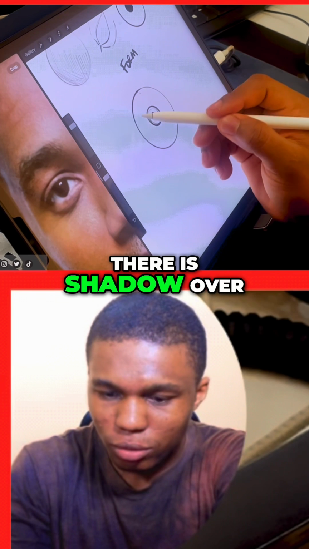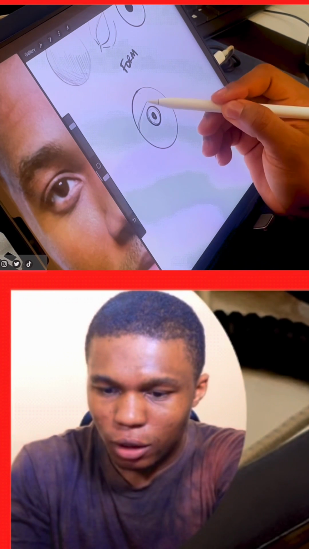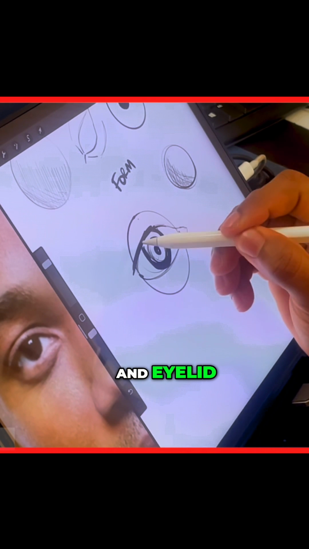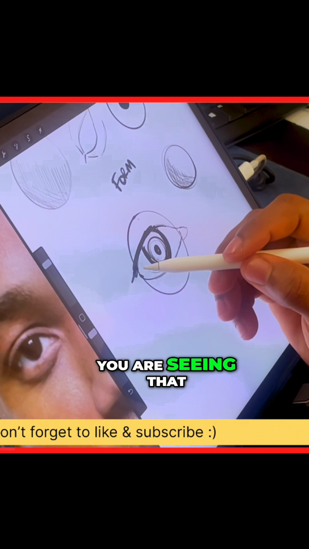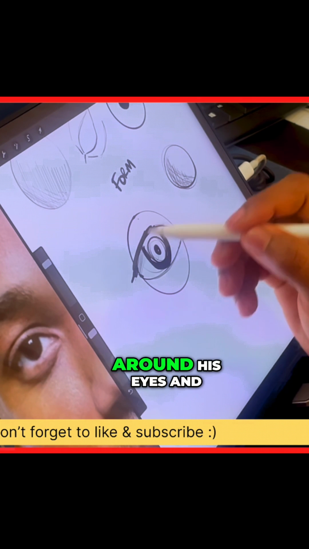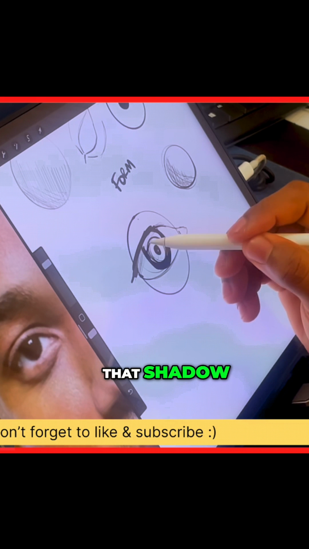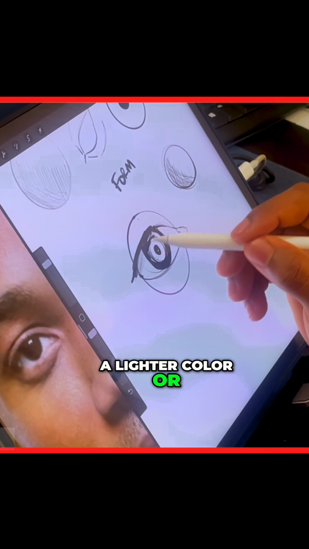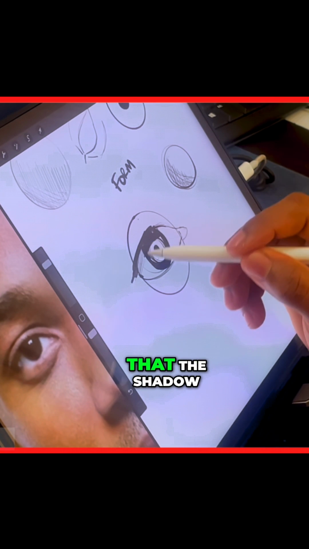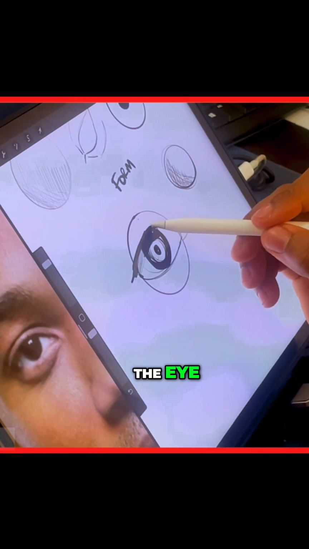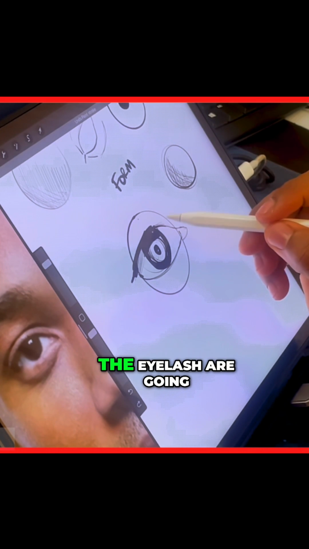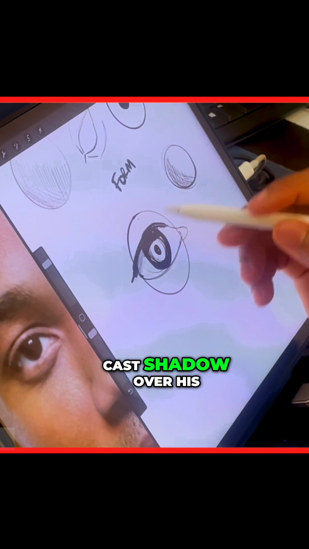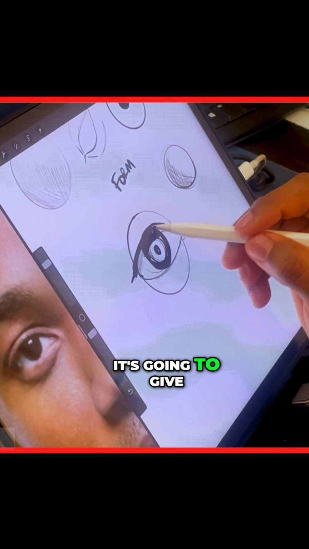There is shadow over there, and the shadow is coming about due to the eyelid. Because of the presence of the eyelash and eyelid over the eye, you're seeing that there's a bit of shadow around his eyes. And that shadow, if his eyes were blue or a lighter color or a lighter value, you're going to see that the shadow, the upper eyelid and the eyelash are going to be having a cast shadow over his eye like this,